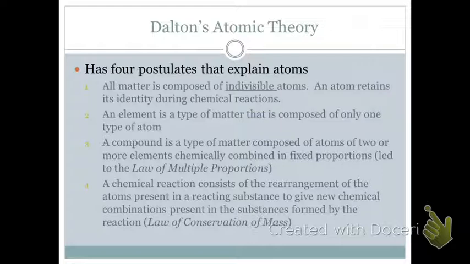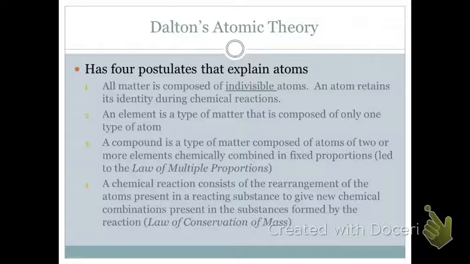The first one, all matter is composed of indivisible atoms. We have underlined the word indivisible because we know that this is no longer true, but at the time that's what Dalton thought. He says also that an atom retains its identity during chemical reactions. Secondly, an element is a type of matter that is composed of only one type of atom. Third, a compound is a type of matter composed of atoms of 2 or more elements chemically combined in fixed